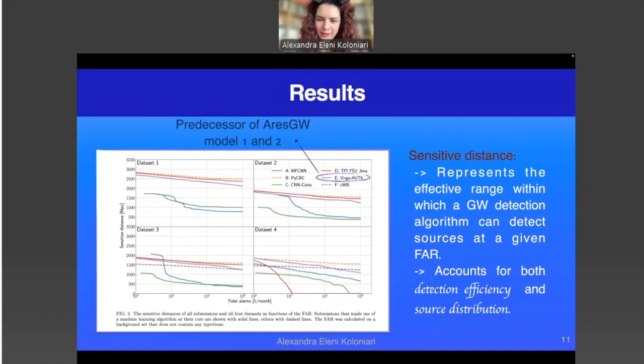And we have another pipeline that doesn't use matched filtering, but wavelets, which is cWB, represented in brown. Here you see that we may be passing the machine learning pipelines, but PyCBC still surpasses this model at all false alarm rates.